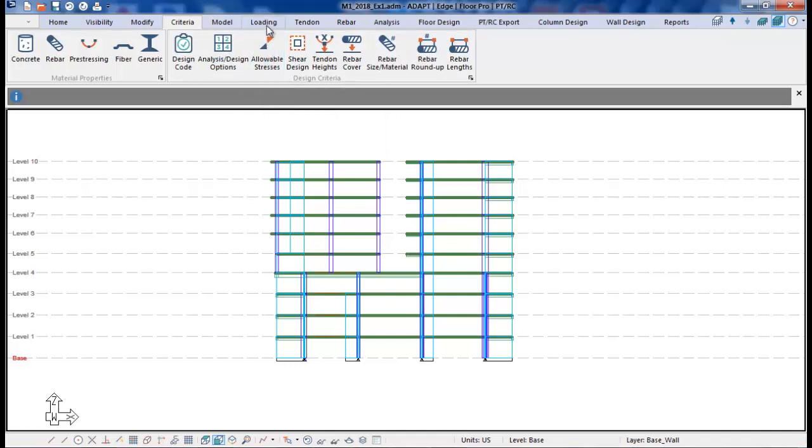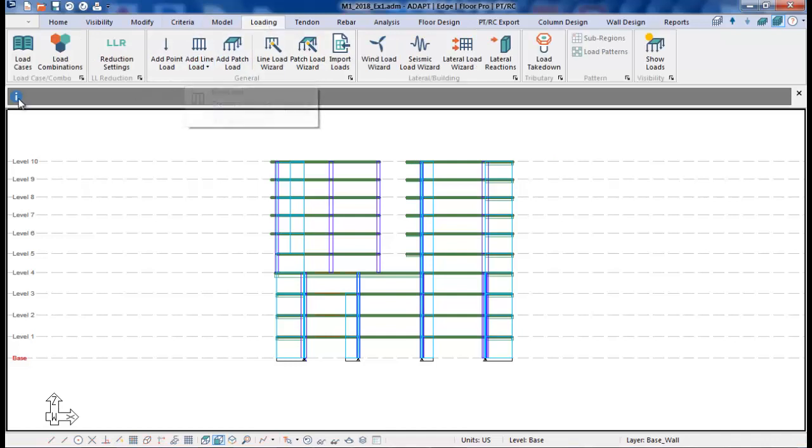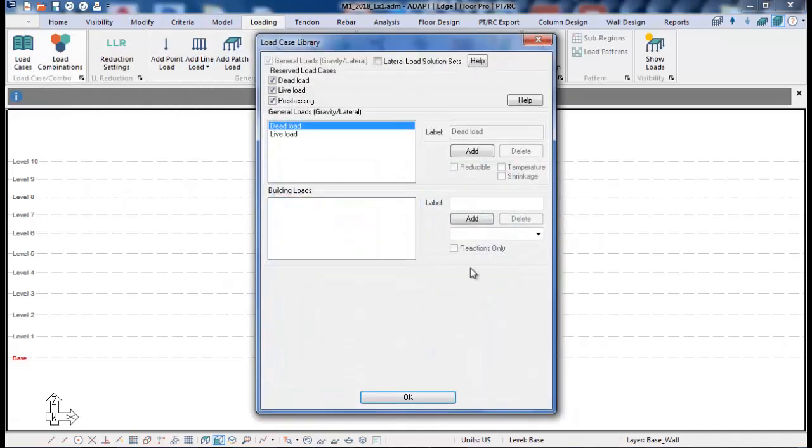So we're going to go ahead under loading, and for load cases, this is currently set to dead load. This is superimposed dead load and unreduced live load. We're going to just use those as the load cases for the video. You have the option to add as many additional load cases as you want, and you can rename those using